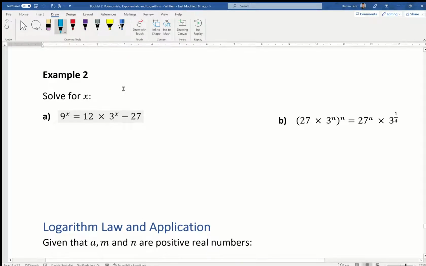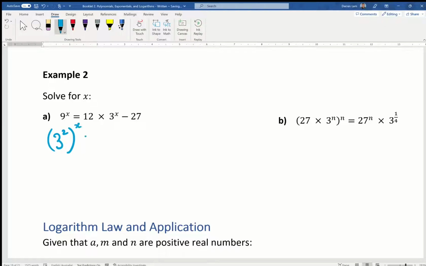This one says 9 to the power of x equals 12 times 3 to the power of x minus 27. The tricky part here is that when you work with index laws, a lot of us tend to look very streamlined, apply only index laws. But a question like this actually encourages us to use a different format. I am going to apply my index laws, of course, but I'm going to try and make everything under a base of 3. That just makes sense to me because I've got 9, 3, 27. I'm going to rewrite this as 3 to the power of 2, to the power of x, equals 12